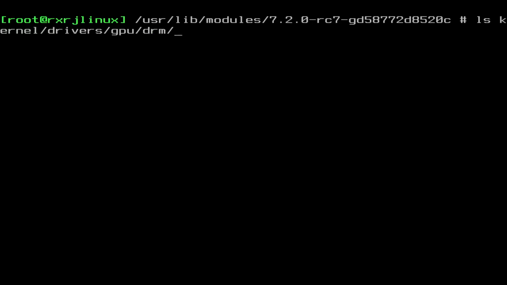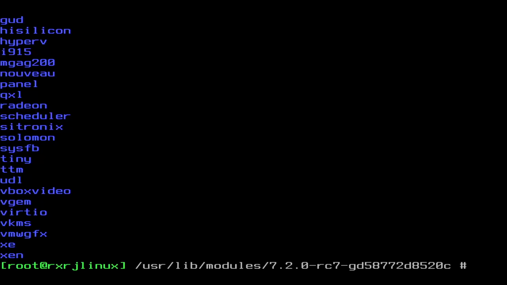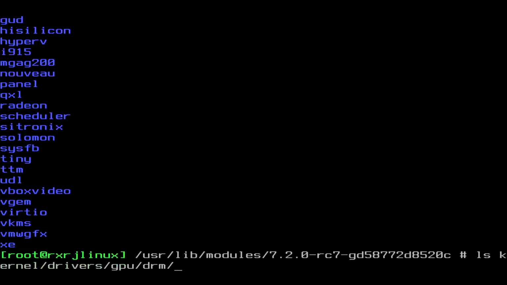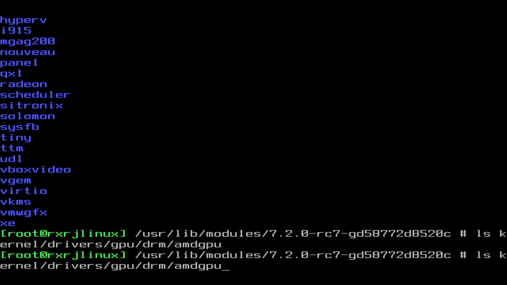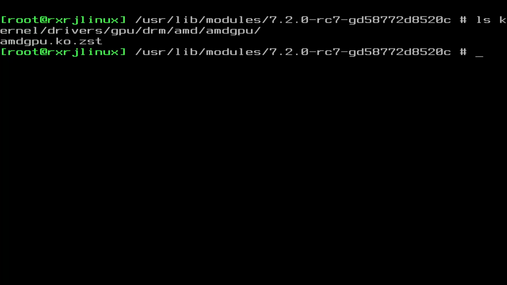So for GPU DRM, I have all these different drivers which are available for DRM. For example, amdgpu, which is my graphics driver. Then in amdgpu, it has this amdgpu.ko.zst,